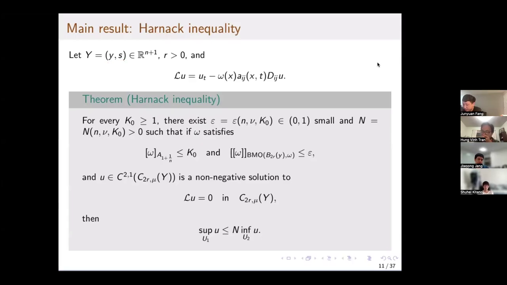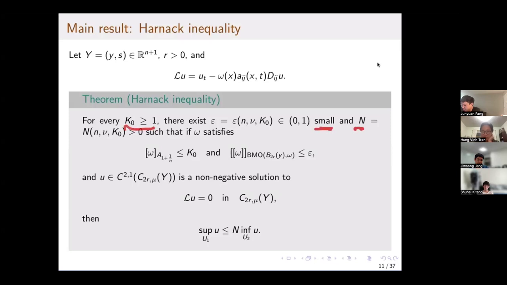Little r is bigger than 0, which means the radius, and L is the operator as given. Our Harnack inequality basically says that for every K_0 bigger than 1, there exists some epsilon, depending on the spatial dimension, the elliptic constant, and this K_0,